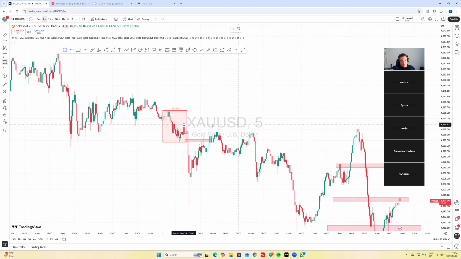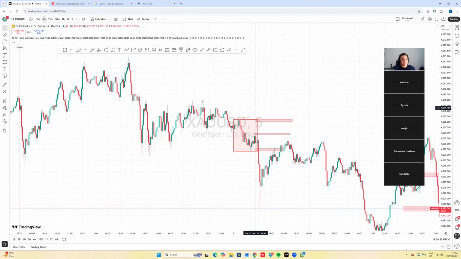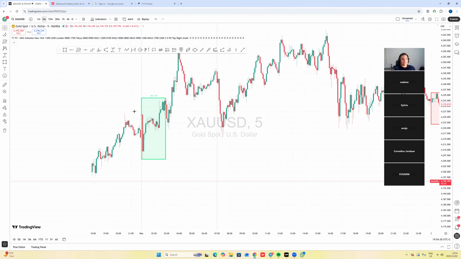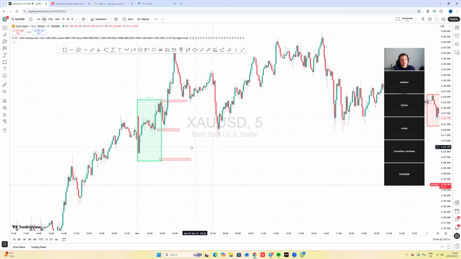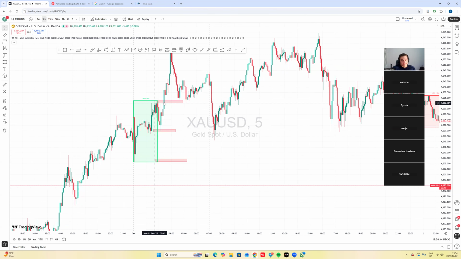Then it will be the medium risk in the middle. And then it will be the low risk at the top because you're selling. But what if you're buying? High risk is at the top because you're buying, it will go up. High risk at the top, medium risk in the middle, low risk at the bottom.